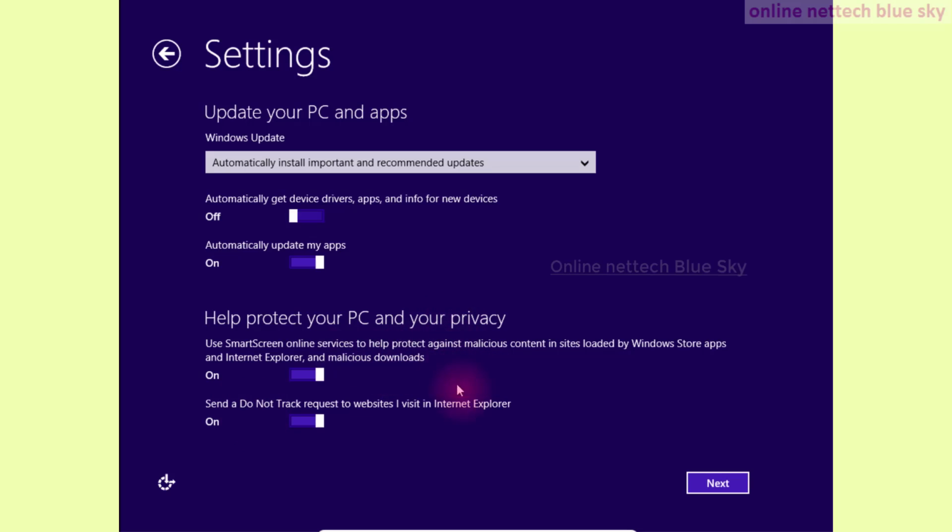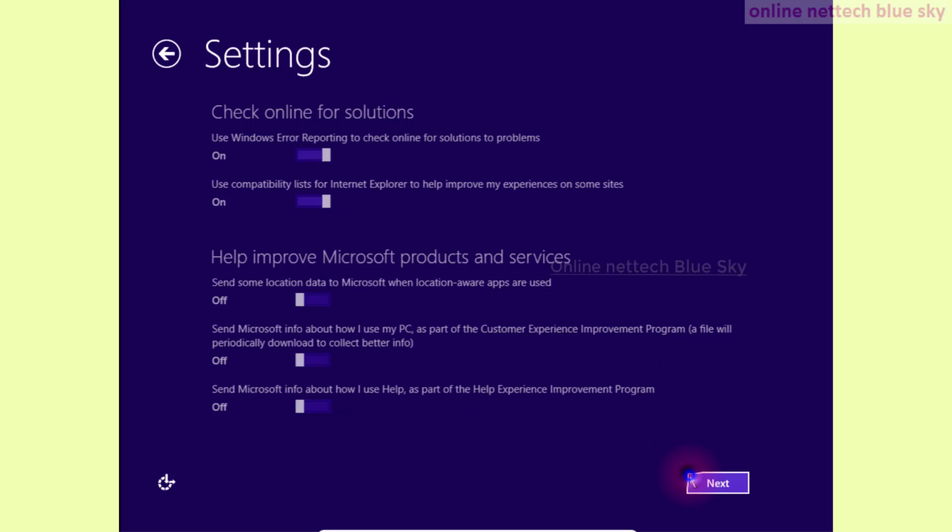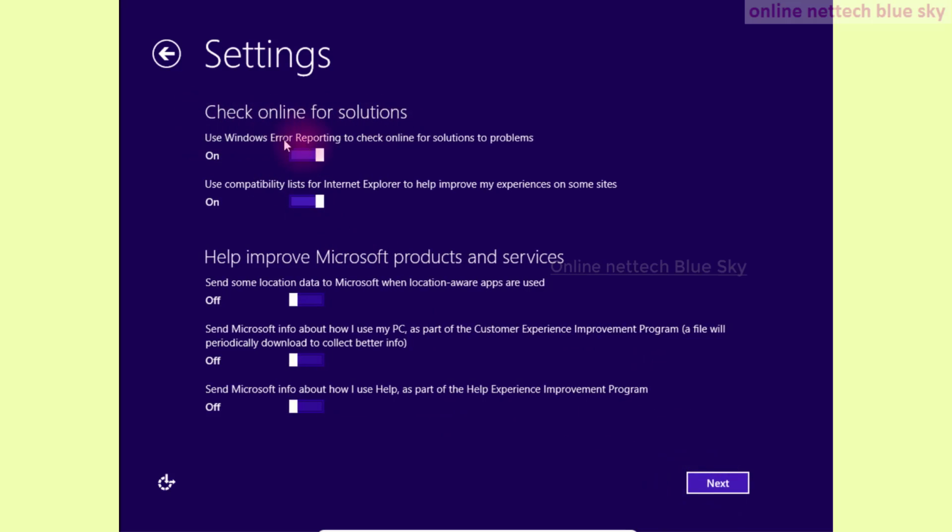Next, you can see check online solutions, some error reporting, some problem solutions. Click on it and use the compatibility list. This helps Internet Explorer improve the experience on some sites. So you can integrate compatibility. This uses the internet connection to help improve Microsoft products and services. Some information is sent to the Microsoft company, such as location.